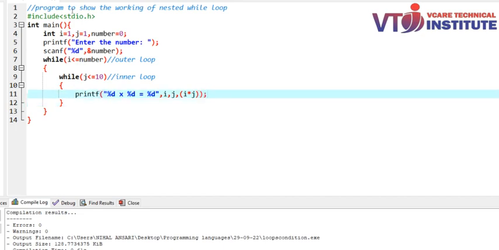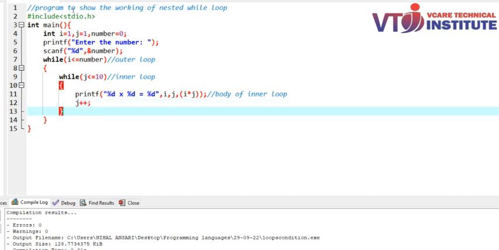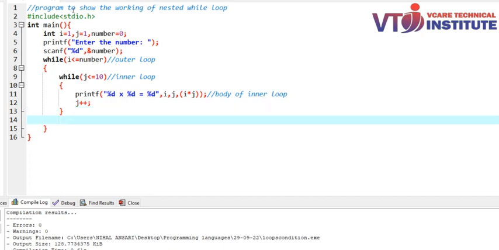सो ये हमने खत्म कर लिया। उसके बाद ये हमारा जो था बॉडी ऑफ इनर लूप, ये हमारी बॉडी इनर लूप के लिए थी, और हमने इनर लूप से शुरू किया, और उसके बाद हमें इस वैल्यूज को बढ़ाना भी है। सबसे पहले j प्लस प्लस से हमने इसको बढ़ाया। ठीक है, ये हमारा इंक्रीमेंट टेस्ट एक्सप्रेशन था, और उसके बाद हम जब लूप से बाहर निकले तो हमने फिर i को भी बढ़ाया,